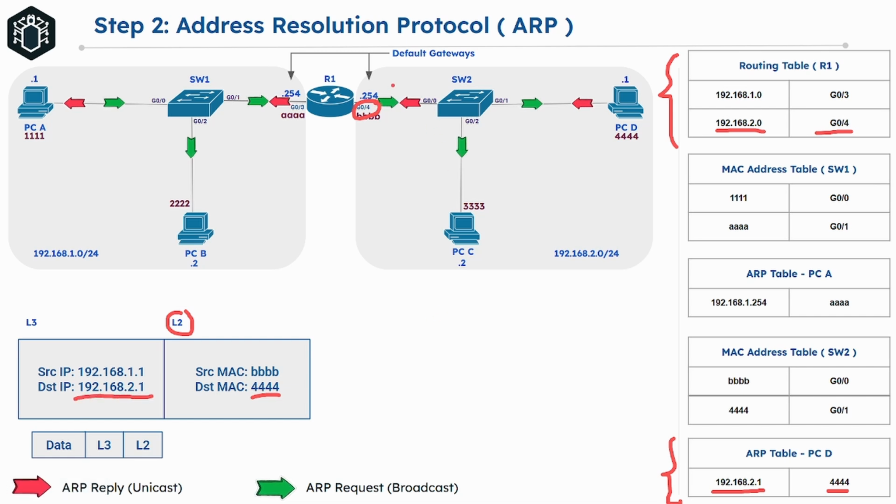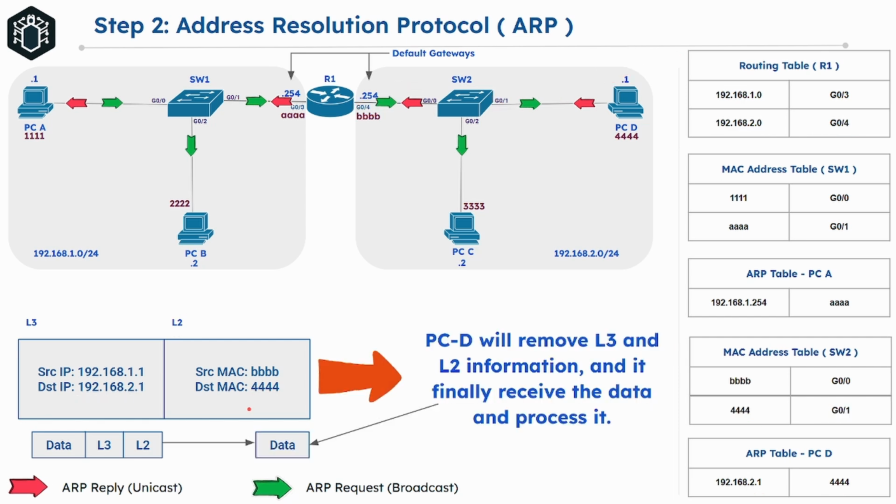192.168.2.1. As the frame reaches the switch, it checks its MAC address table, and since it already knows the MAC address 4444 is connected through the G01 interface, it forwards the frame directly out of this particular interface to PCD. Finally, PCD receives the frame, removes the layer 2 and layer 3 headers, and processes the actual data at the application layer. So, that's what really happens behind the scenes when a packet travels from one